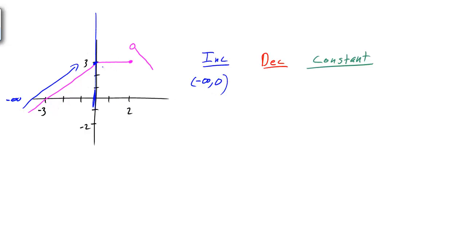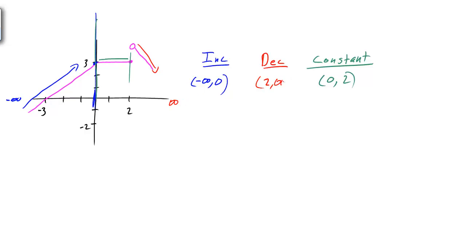And then what happens at 0? Well, then we have a horizontal line. It's not increasing or decreasing. So starting here at 0, our graph remains constant. So that's starting at 0. And then it stops here at 2. So from 0 to 2, our graph is constant. And then what happens? At 2, then it starts to decrease. So we're going from 2